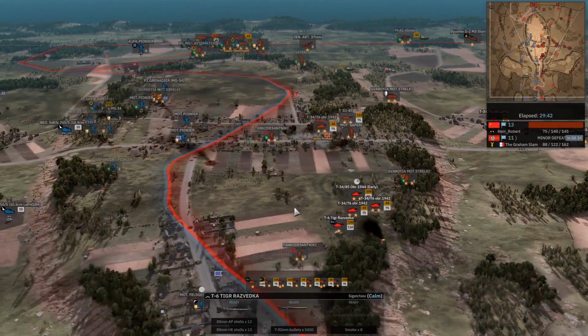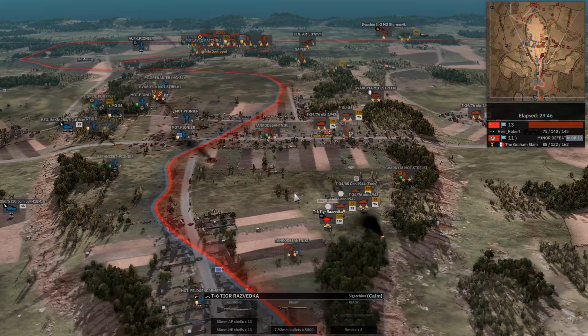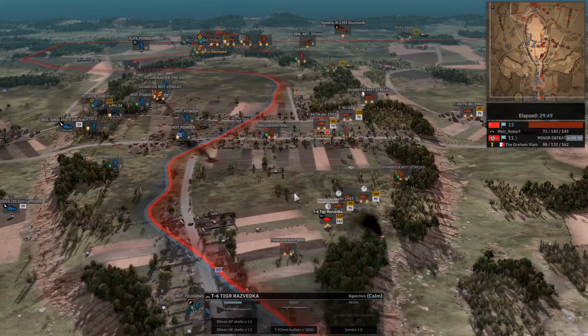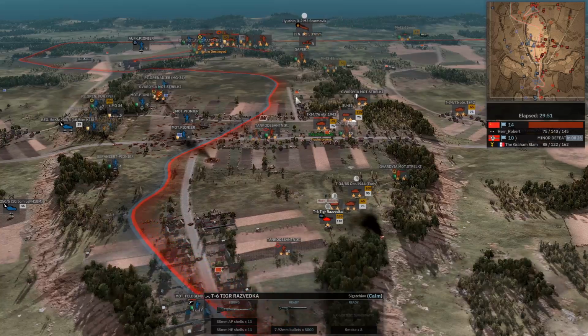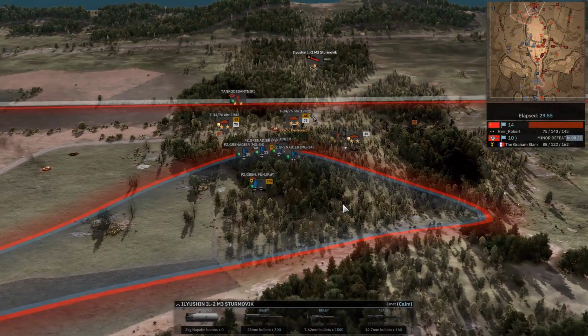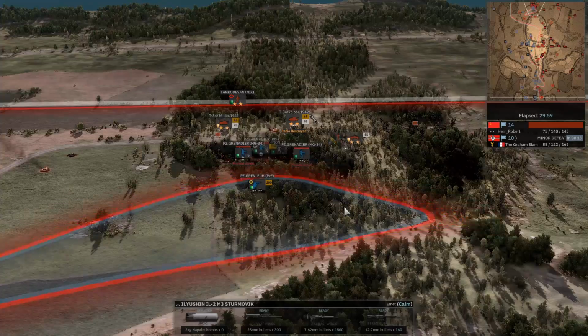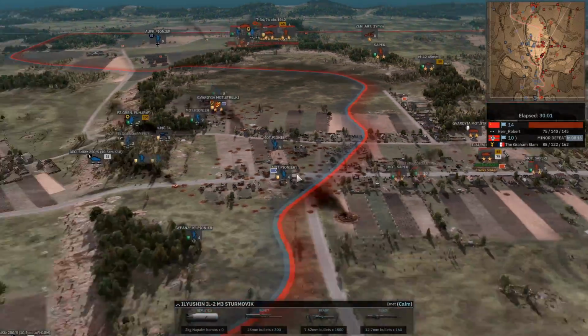Assault guns, tanks, the Tiger Razvedka, everything there is just begging for a new resurgent push over here, moving east to west across this hillside. Yeah, and I feel like with this resurgent tank push, Robert might be able to take back that hill. We are seeing the King Tiger being brought in, but I don't...